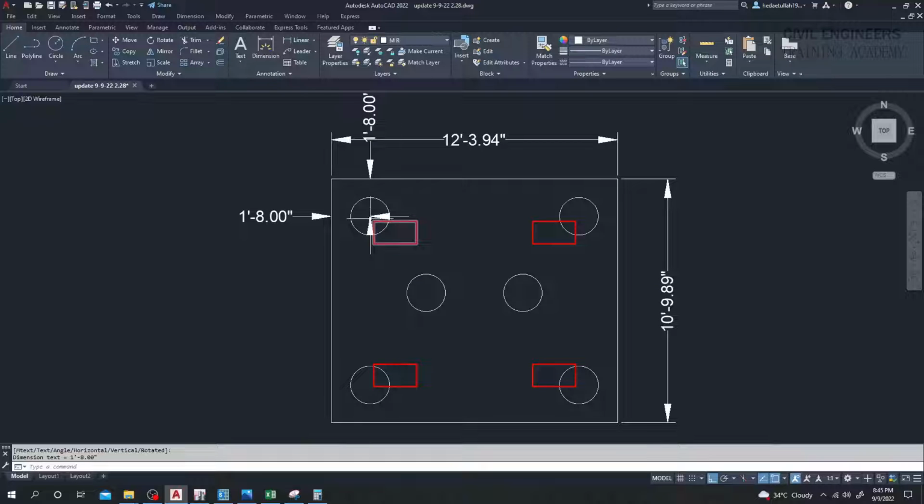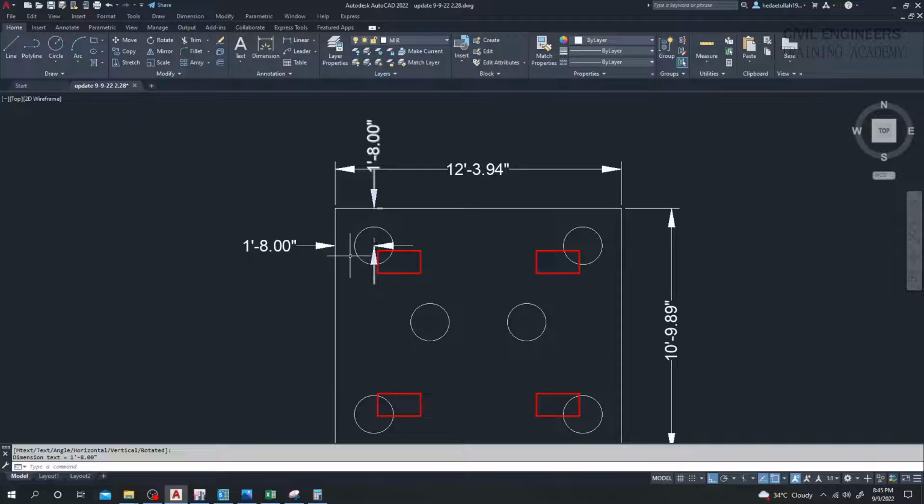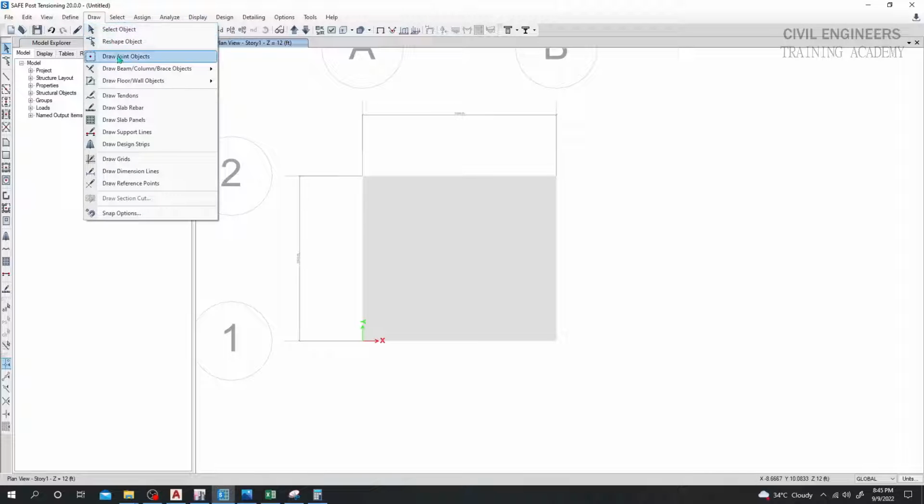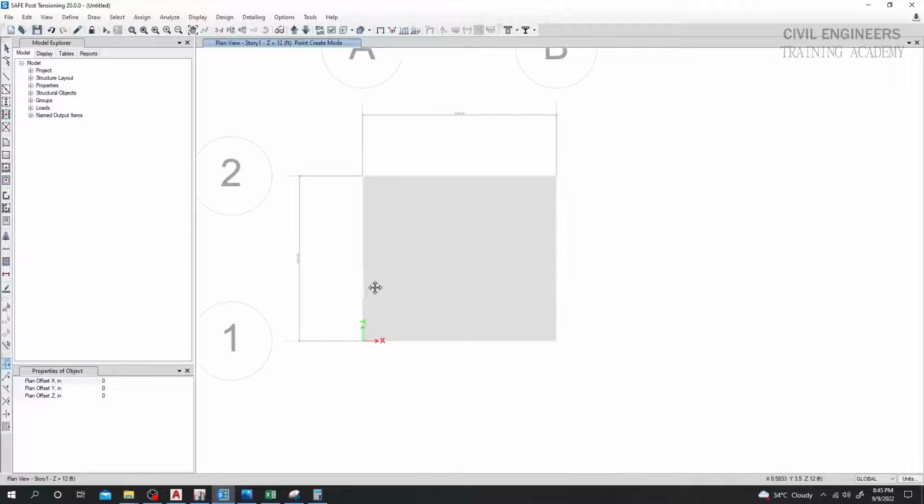That means from that corner, every point is inside 1 feet and 8 inch, that means 20 inch. So here in x direction 20 and y direction minus 20. So I'll take draw joint object, and here in x direction 20 inch and y direction minus 20 inch, enter,